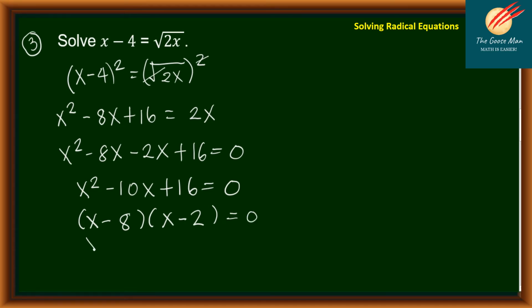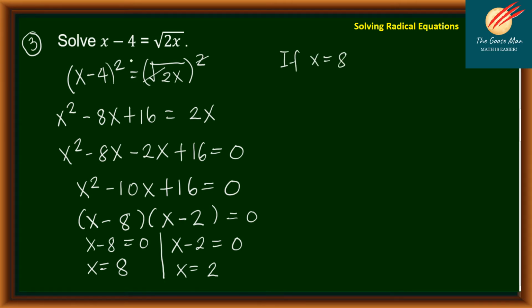And then, we have x minus 8 is equal to 0, so x is equal to 8. On the other hand, x minus 2 is equal to 0, so x is equal to positive 2. Now, we want to find out which of these values will satisfy the equation. So, again, if x is equal to 8,